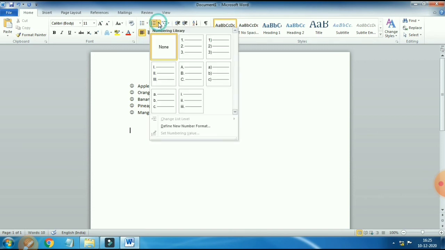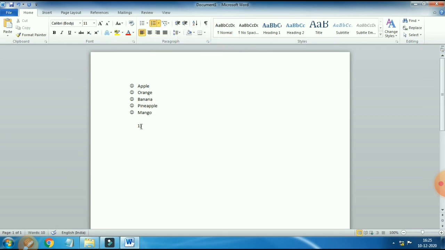Now next we are moving to numbering. Click on the arrow beside the numbering button, and here you can see so many numbering options available: 1 2 3 with dot, 1 2 3 with bracket, Roman numbers, capital Roman numbers. I will select 1 2 3 with brackets. So 1 automatically came. Now I am going to make a list of names of children.